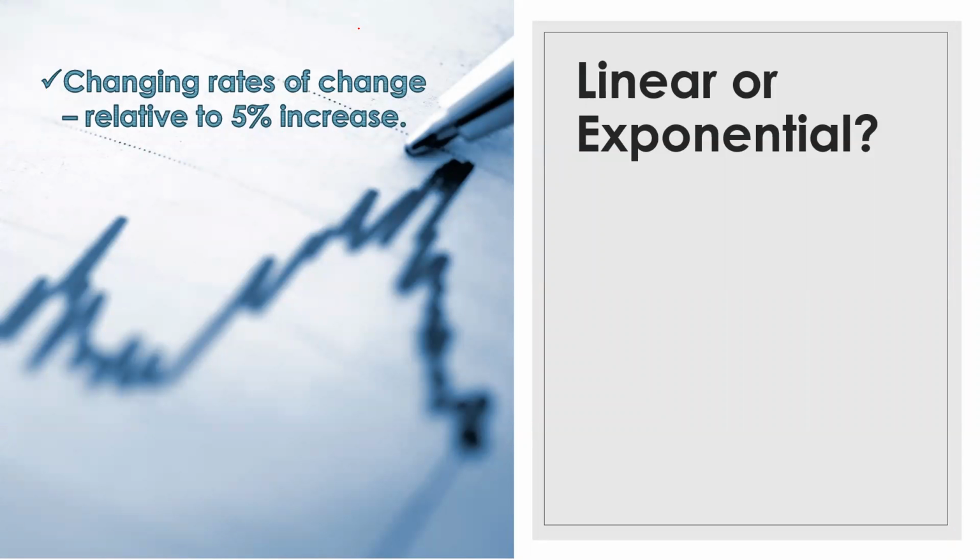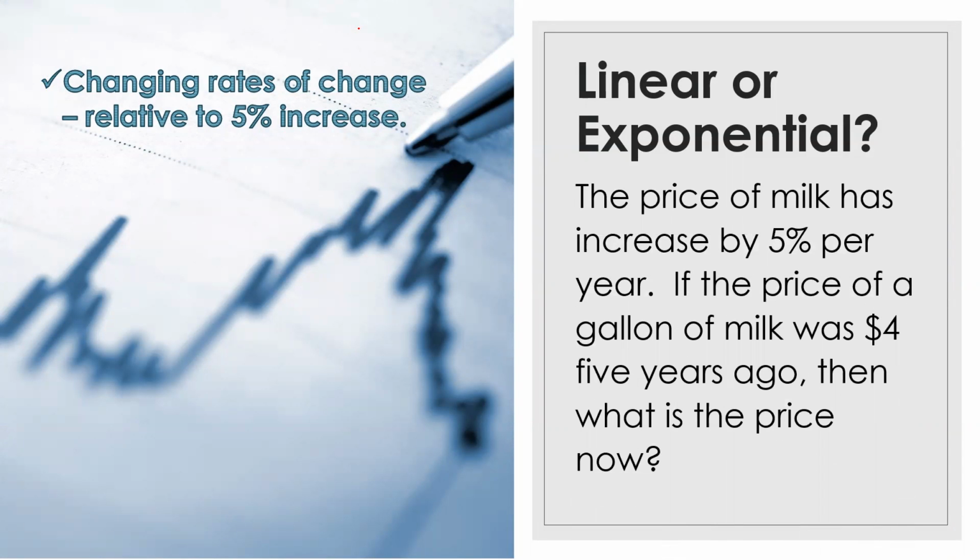All right, next example. The price of milk has increased by 5% per year, and the price of a gallon of milk was $4 5 years ago. Then what is the price now? Well, 5% per year. That calls for a changing rate of change. And it's relative to the 5% increase. Okay, so what does 5% per year mean? After 1 year it is 5% of 4 in addition to the $4, right? And then year number 2, it would be 5% of that,